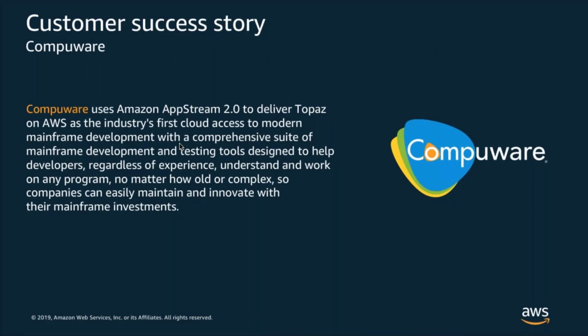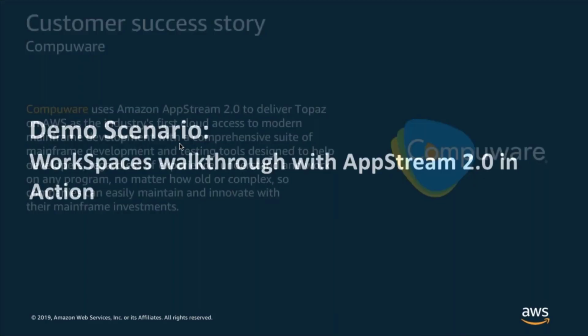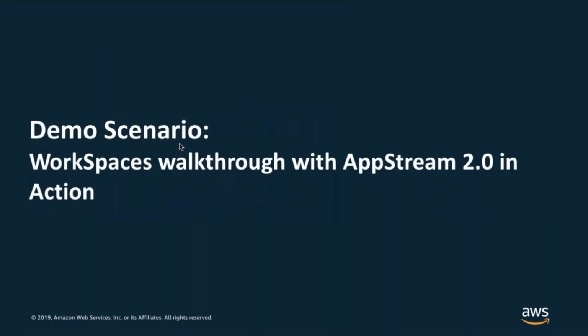Compuware uses Amazon AppStream 2.0 to deliver their Topaz solution on AWS as the industry's first cloud access to modern mainframe development, with a comprehensive suite of mainframe development and testing tools designed to help developers, regardless of experience, understand and work on any programs, no matter how old or complex, so their companies can easily maintain and innovate with their mainframe investments. So what I want to walk through is a demonstration scenario where maybe